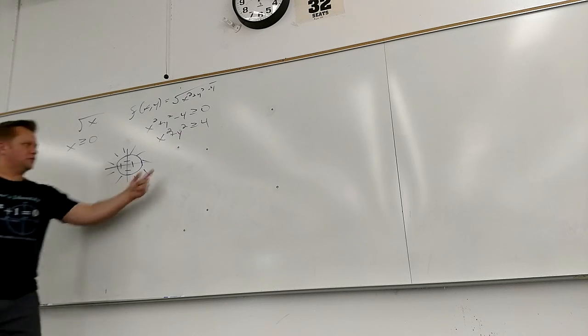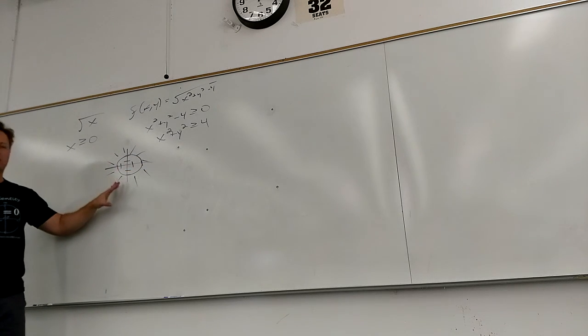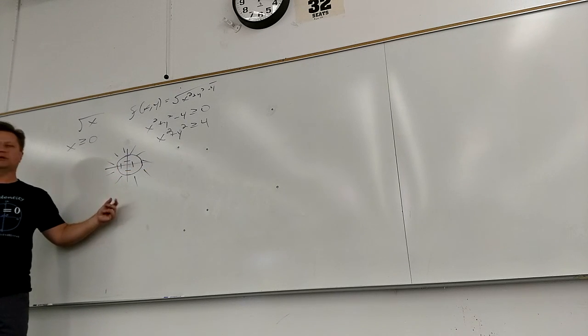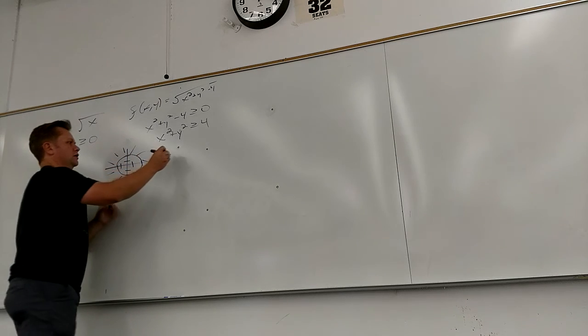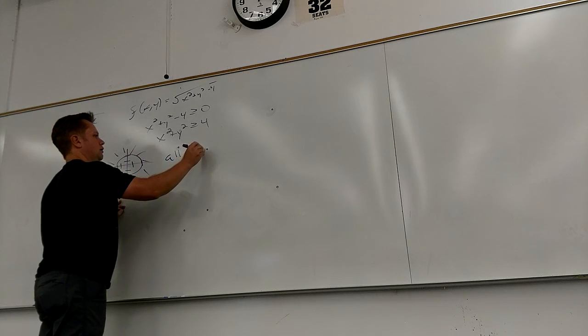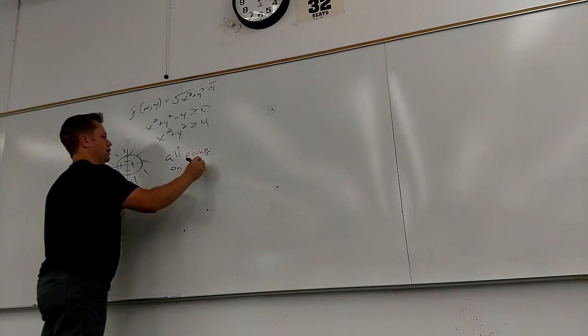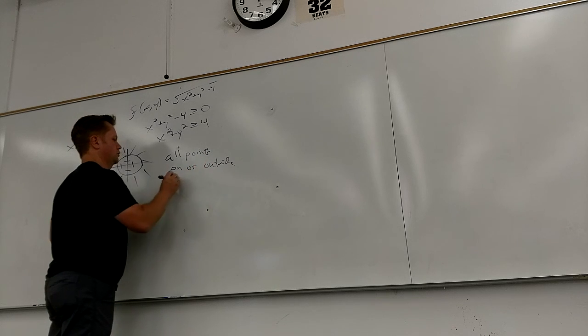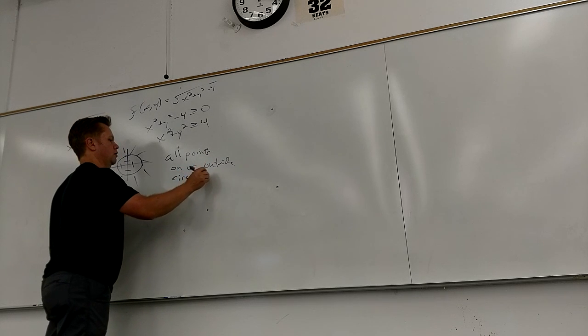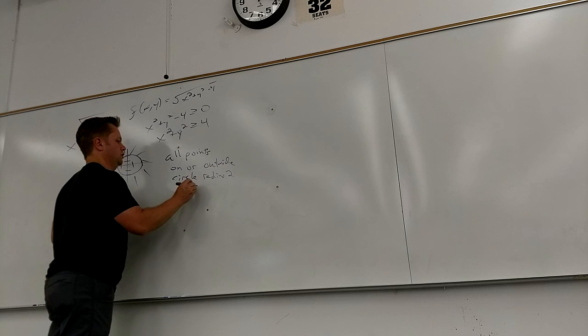It's always good to put some words in case your picture is really unclear. So in words, this would be all points on or outside the circle of radius 2 centered